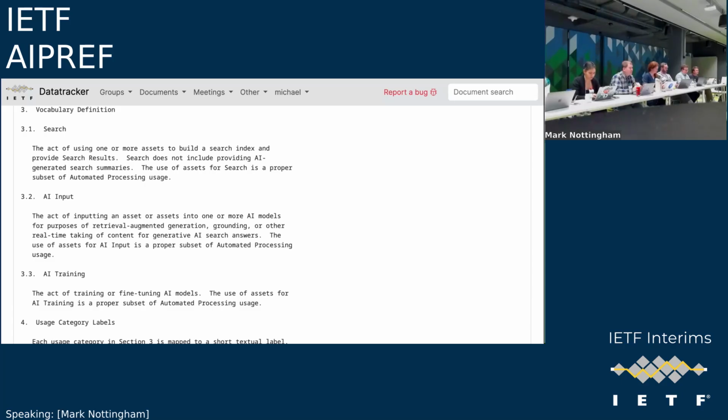Basically, I don't want any of my content to be ingested by a model because it may be used further down the line, and it's unclear at this point how it will be used. And actually, it could even be complementary to AI output. I don't think it's necessarily an alternative to AI output at all. And then the third term here, of course, is the training use case, which I think we've broadly agreed on as a group, which is I don't want my content to be ingested for the purpose of training models or arbitrary usage down the line. That's it. That was the proposal.